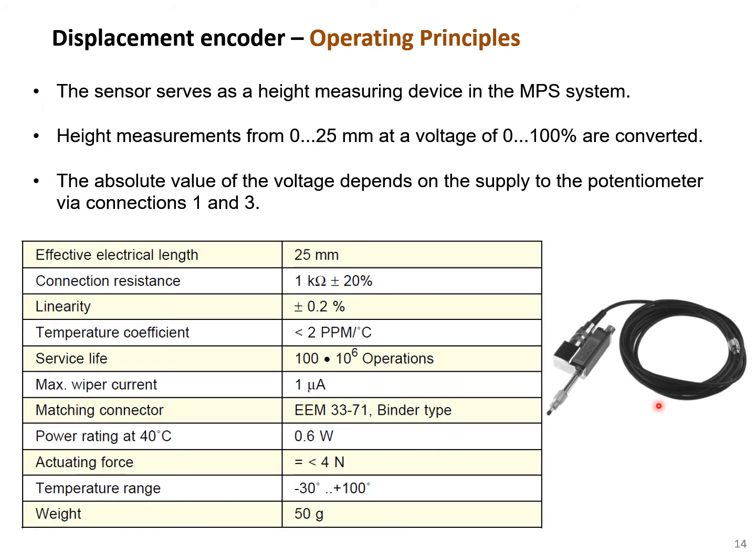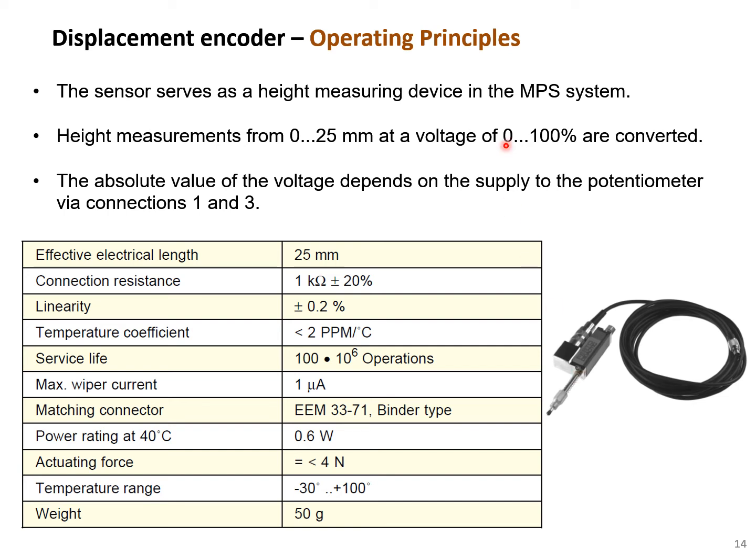The sensor serves as a height measuring device in the MPS system. Height measures from 0 to 25 millimeter at the voltage of 0 to 100% are converted. Why 0 to 25 millimeter? Because this is a stroke, basically the length of this piston. This piston travels 25 millimeter, and